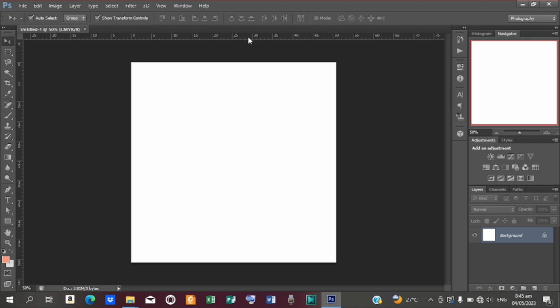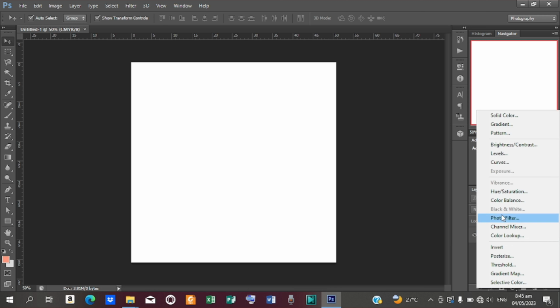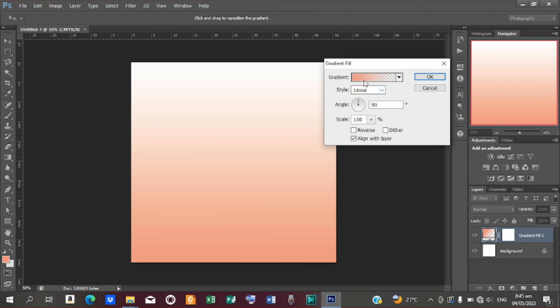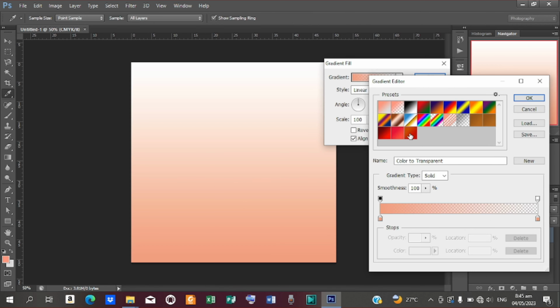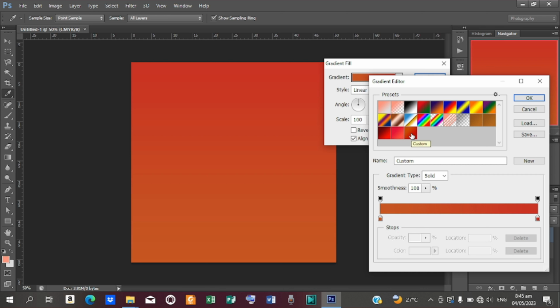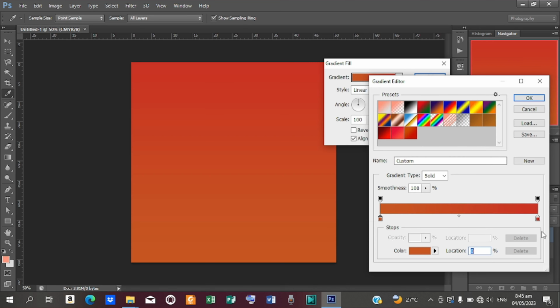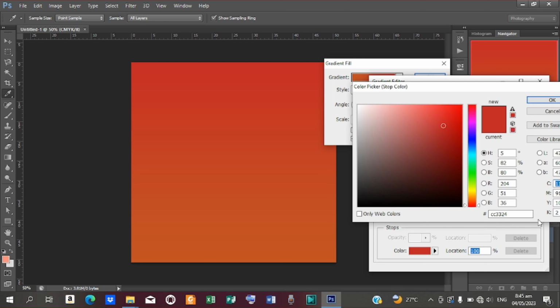So let's set our background for the project. So let's go to adjustment fill, and then let's choose gradients. Alright, and then open here, and let's pick this one that has been set down for me. The code to that is C95722, and then hit OK, and let's go to the other end, and the code to that is CC3324,